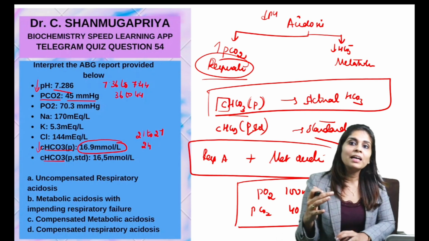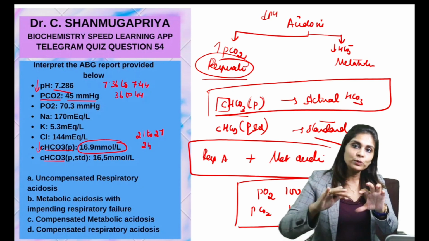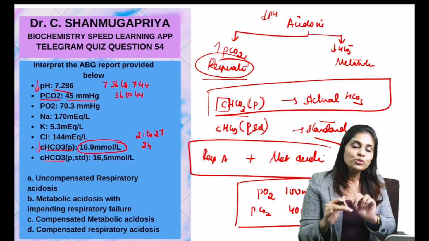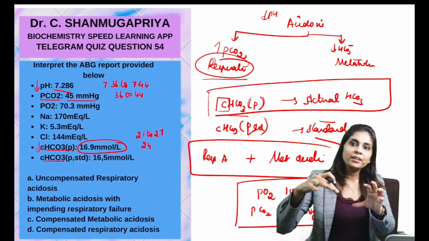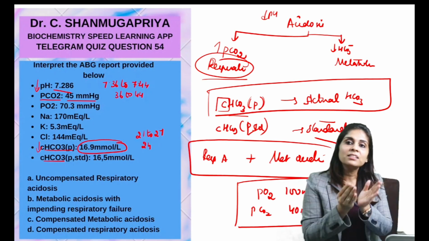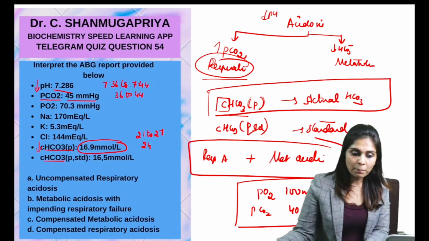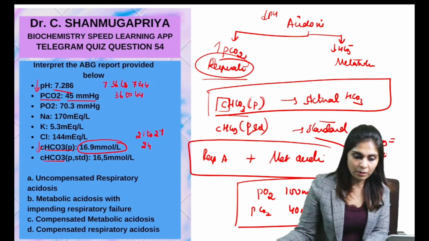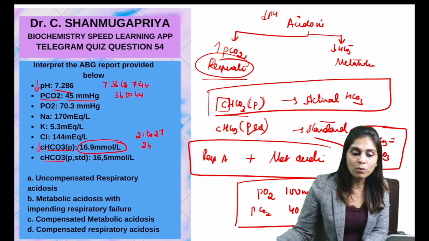if the bicarbonate value becomes normal, it means that so long there had been a respiratory defect which has been corrected by this assumption. So you would call that a respiratory condition. Whereas after you correct the respiratory defect by an assumption, if the bicarbonate does not normalize, it means it's a metabolic defect. So the take-home message here is, if actual bicarbonate is equal to standard bicarbonate, it means correction of the respiratory defect is not going to correct the bicarbonate value, which means it's a metabolic condition.